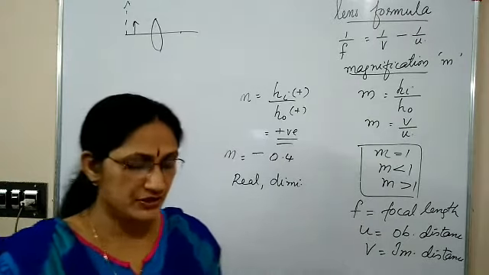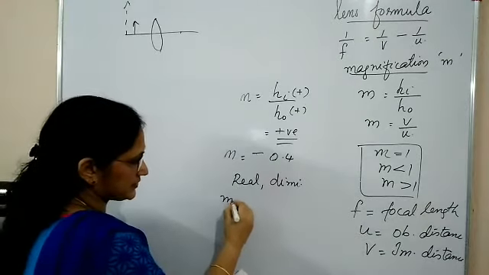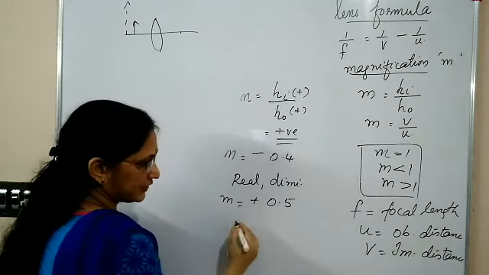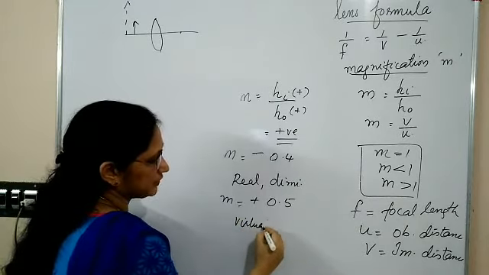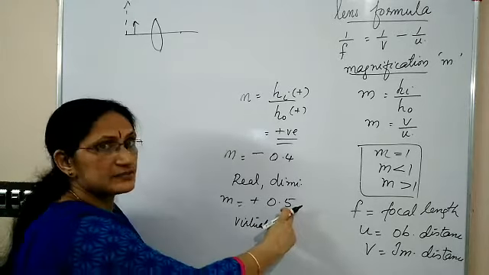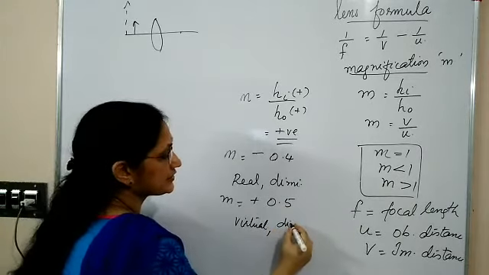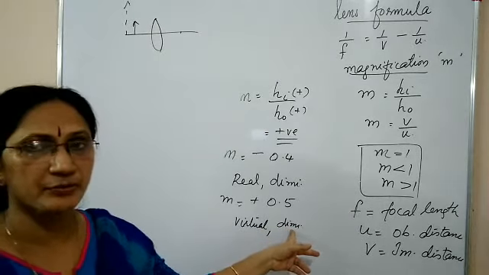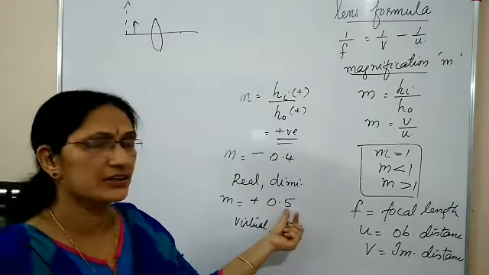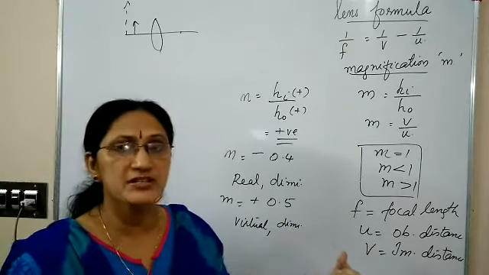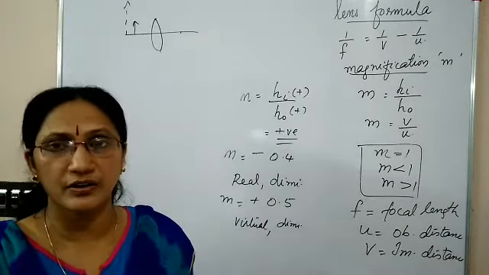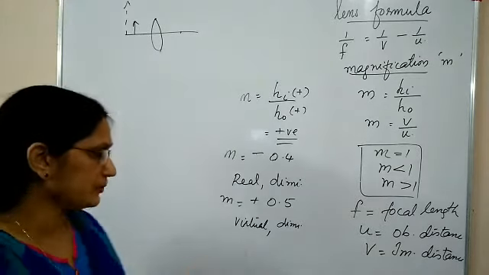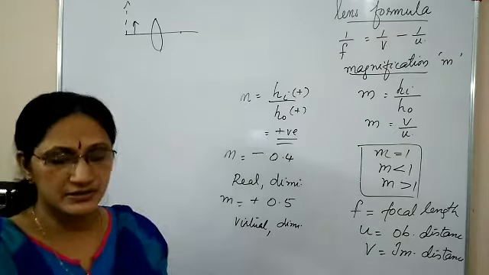Third one, a similar question. Linear magnification is positive 0.5. The positive sign denotes that the image is virtual, and the magnitude being less than 1 means it is a diminished image. So a virtual diminished image is formed. That is the meaning of this magnification. And a virtual diminished image is possible only for a concave lens. So the second option: erect, virtual, diminished. Virtual, it is understood, it is correct.